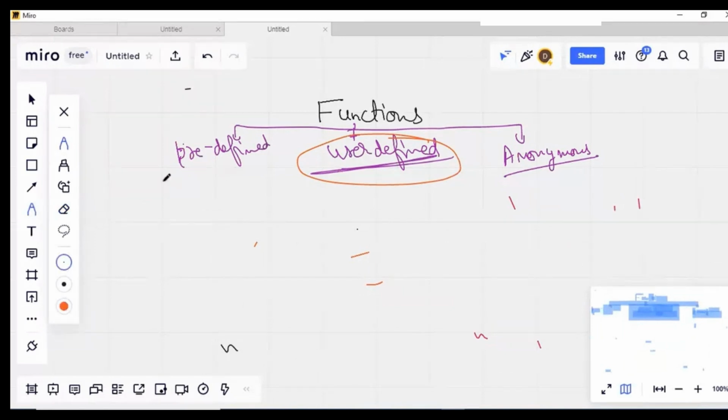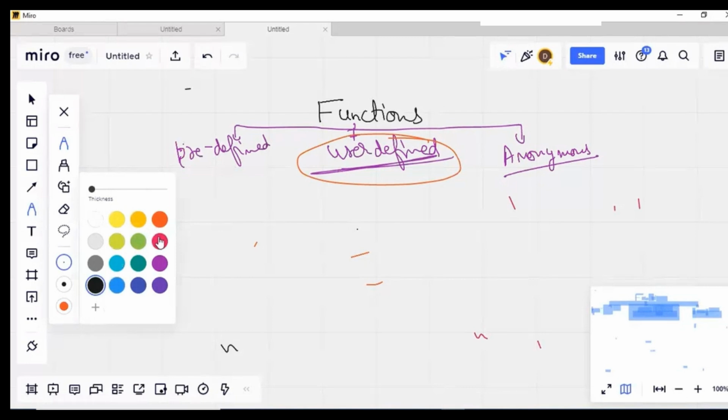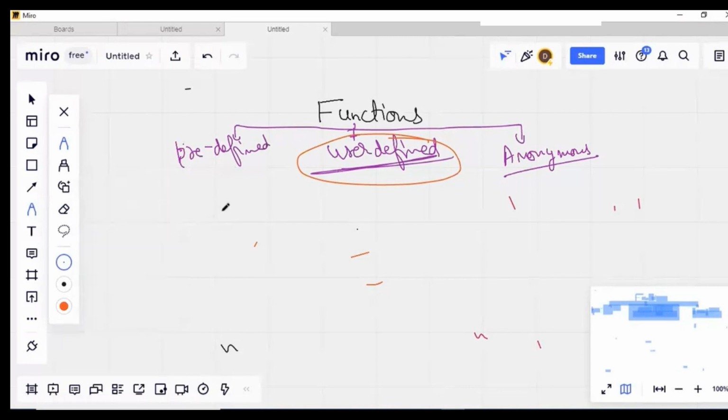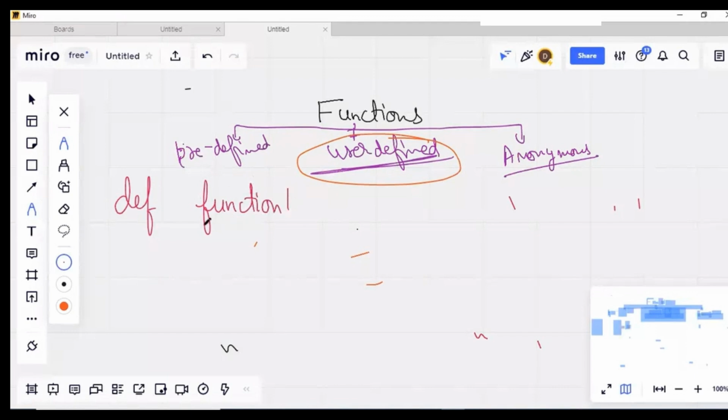Now see here how to write it. You have to take various steps. Don't miss any step. Don't make a syntax error. The def keyword. I'm writing function 1, a very simple function. This is the function name, function 1. Students, there is no space. Def function1, bracket open, bracket close, colon,